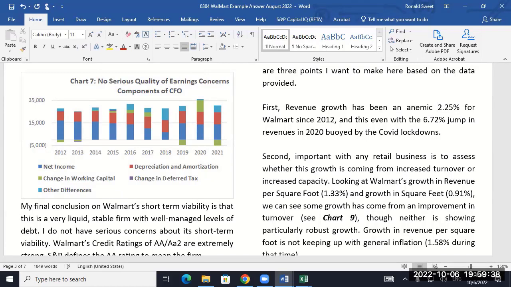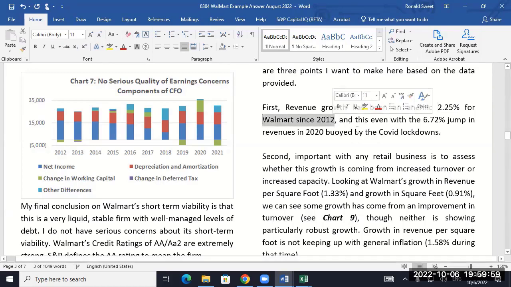Well, I think of inflation before this year has been running about 1.5 to 2%. You would think a firm's revenue would just grow with inflation, period. You at least get inflation. You're going to raise your prices with inflation. So to me, they're barely keeping up with inflation. But what's worse, and this is something you got to be careful of,